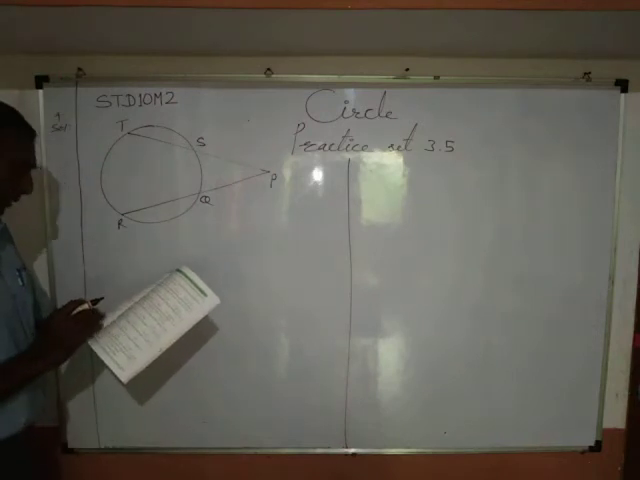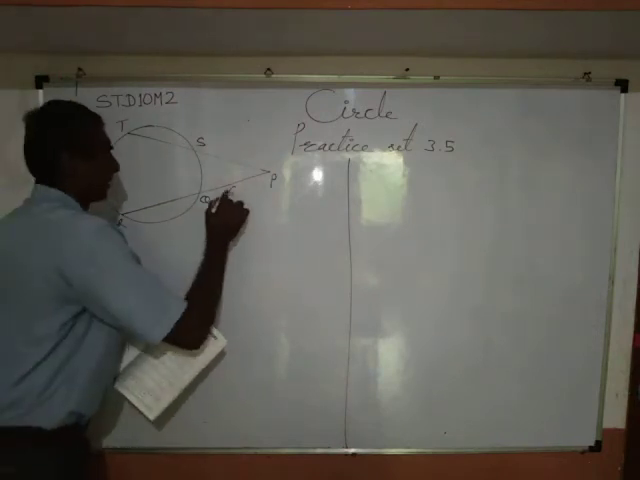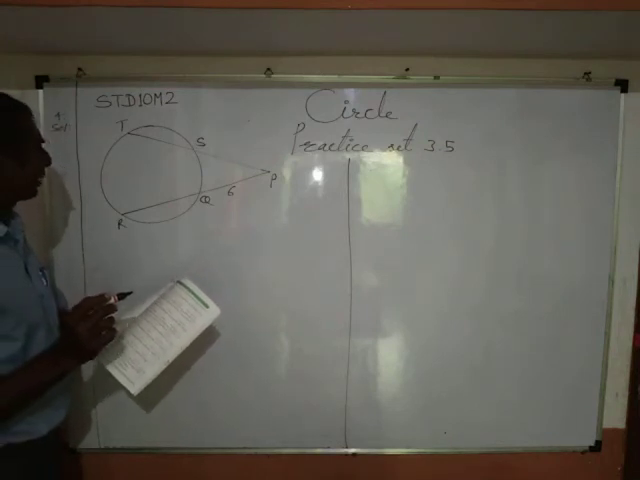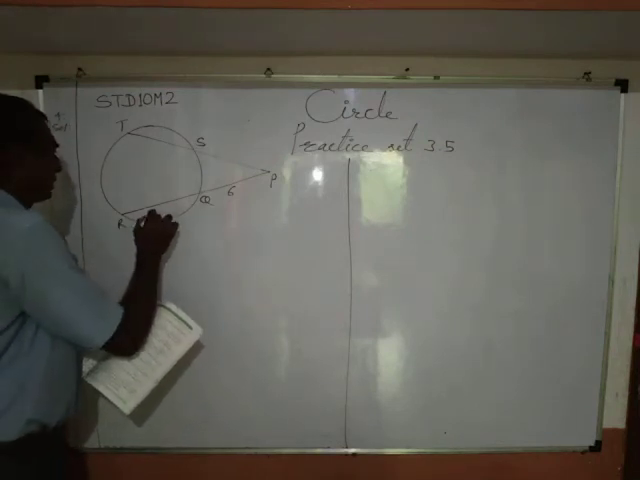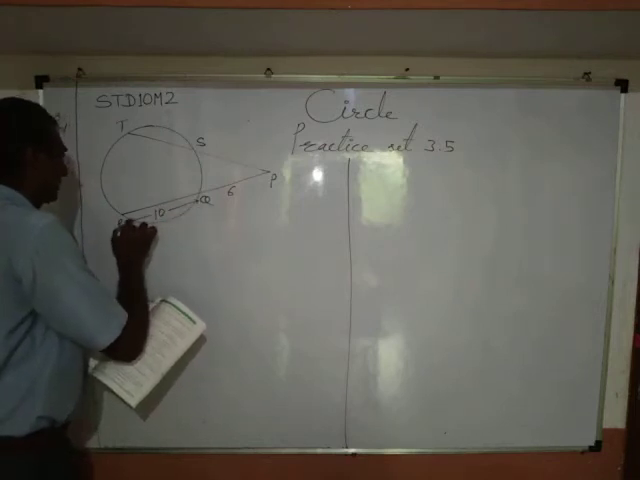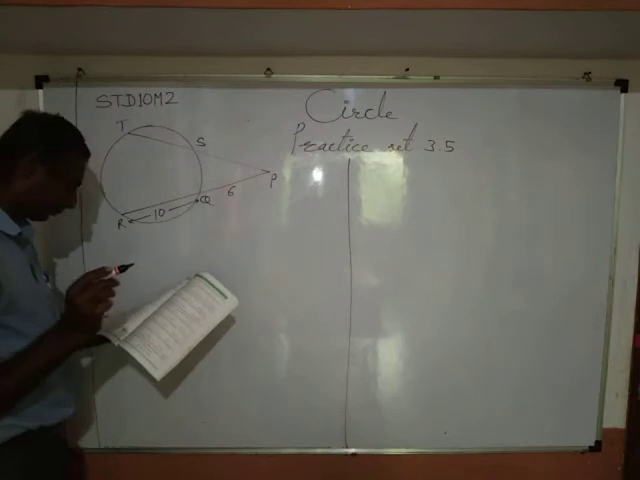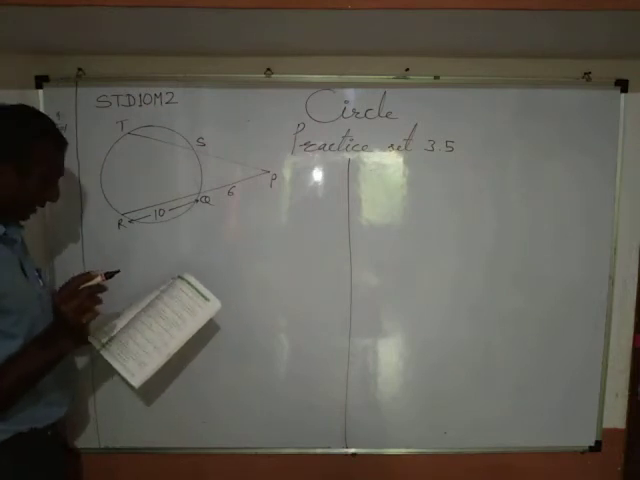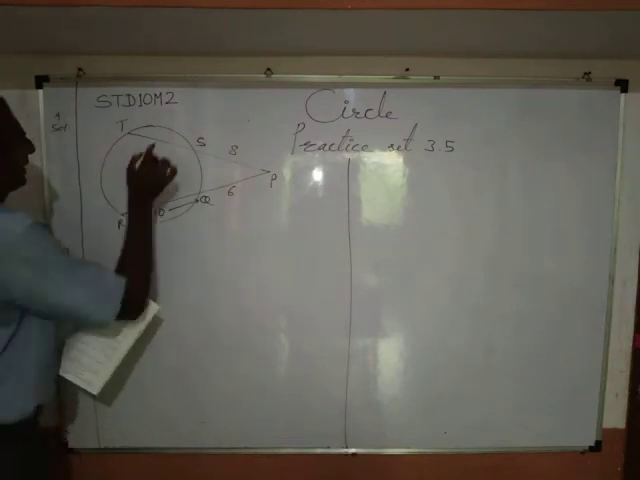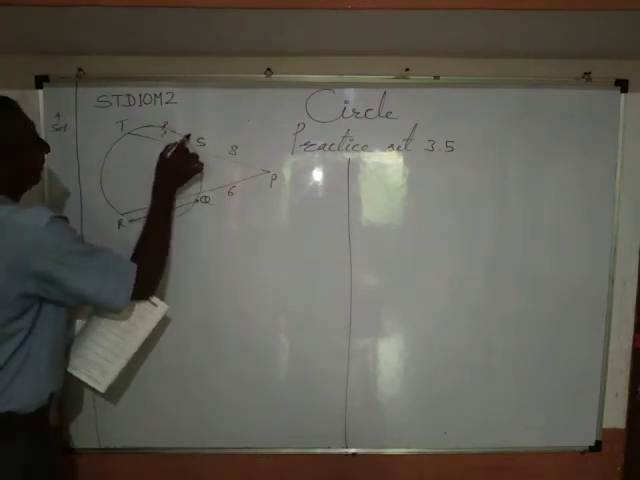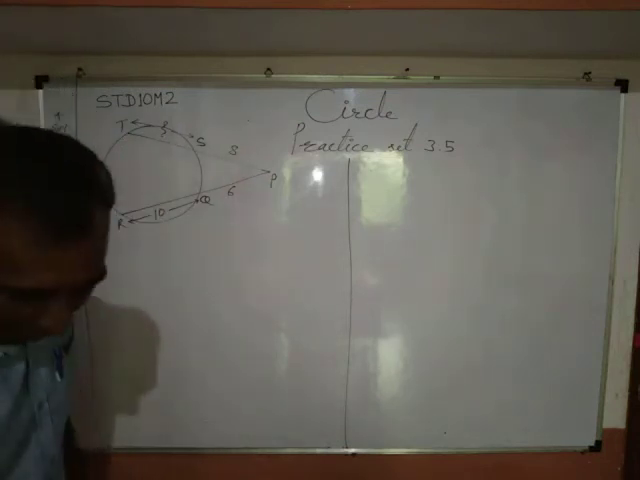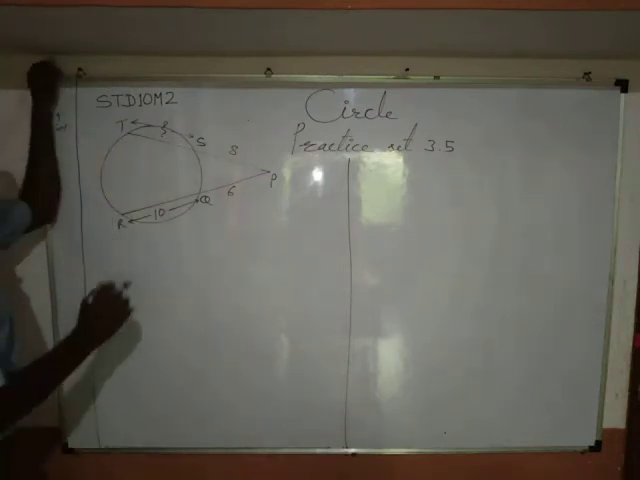PQ equals 6, QR equals 10, PS equals 8, and we are interested to find TS. From the figure,